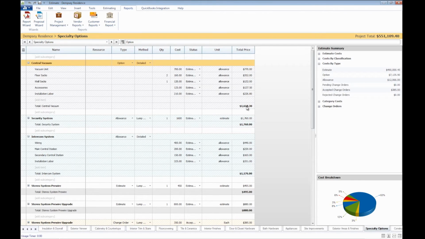So this 16, 18, 30 right here is not actually being factored into the project total since it's still an option and the client hasn't decided that they actually want to include it yet. So as soon as you change this to estimate, you'll see that the project total will be altered. And we're going to change this back to options so you can see that that 16, 18 is not actually